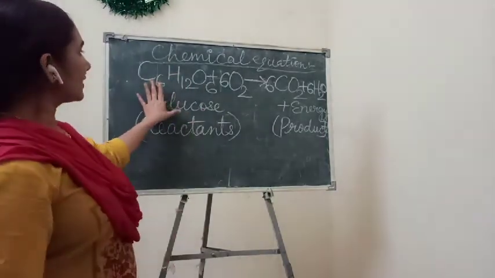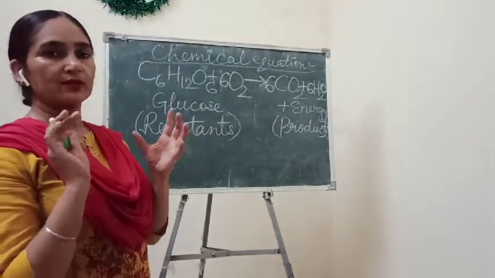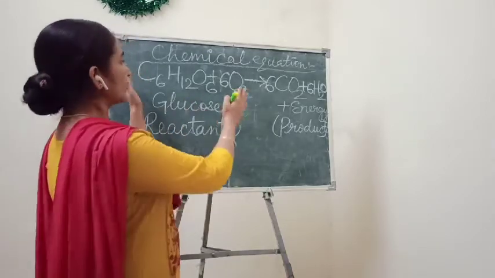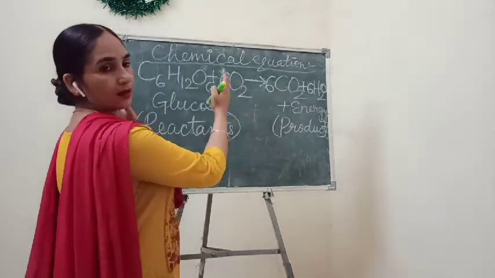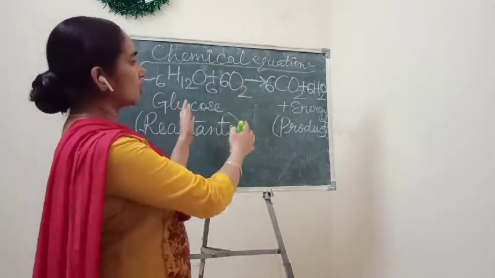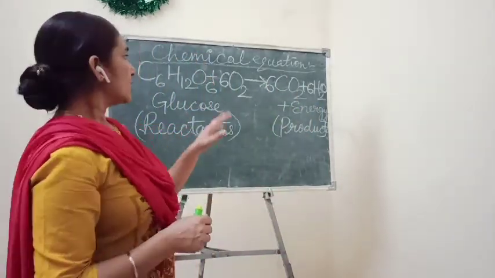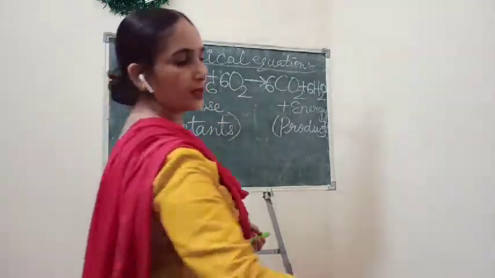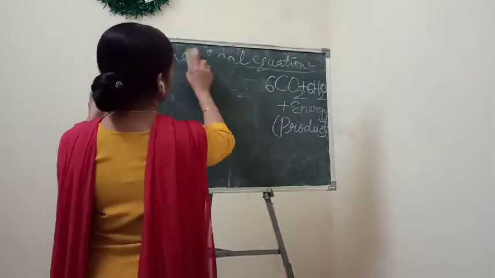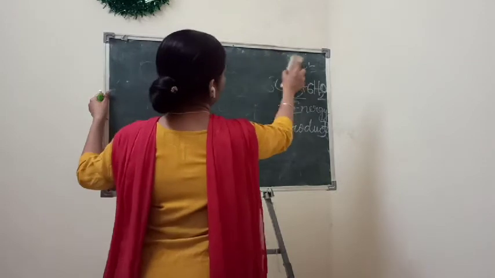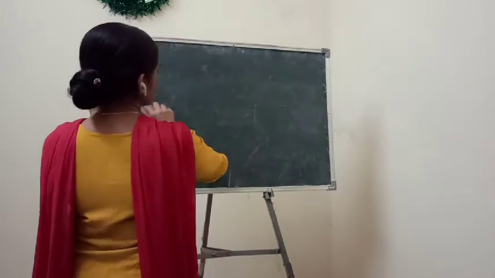Okay. So the conclusion of this explanation is only that we should calculate whether the atoms present in the reactants are equal to the atoms present in the product or not. Understand? So this is about the chemical equation, and I have told you about balancing also. This is a complex reaction.